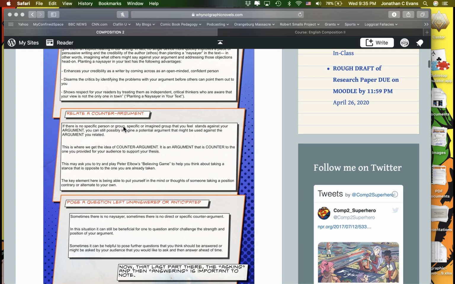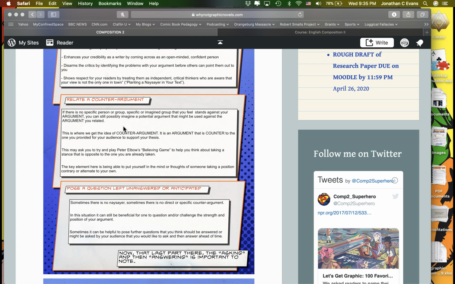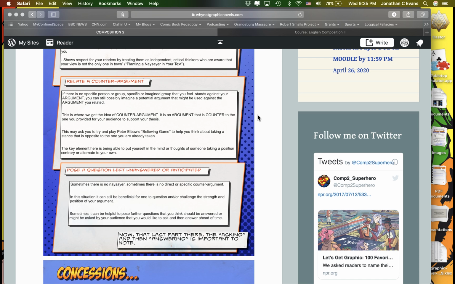We might also relate a counter argument. So sometimes we have this idea that we have, and this is something, by the way, that you will all be needing to deal with. Whether or not you have a naysayer or not is dependent sometimes, but you will all have counter arguments. And I'm going to tell you right now, the counter argument you're going to first engage with is the antithesis of your thesis. So if your thesis was arguing that graphic novel blank is a work of literature, guess what your counter argument, first one out the gate, should be? There are those who say that graphic novels are not or should not be considered a work of literature. Okay, there you go, right off to the races.